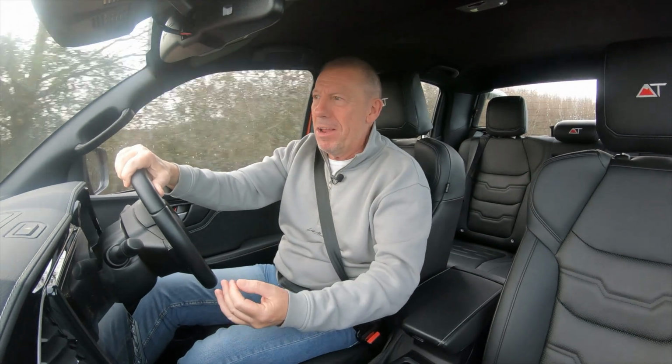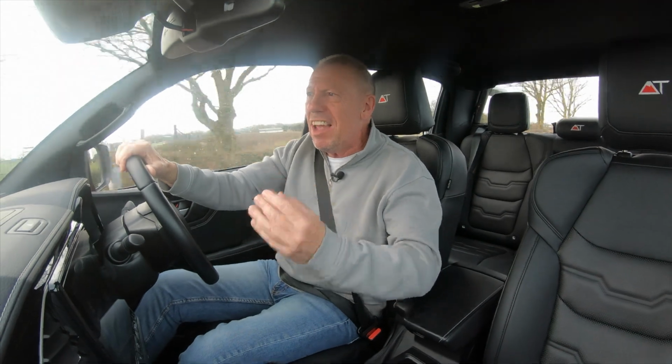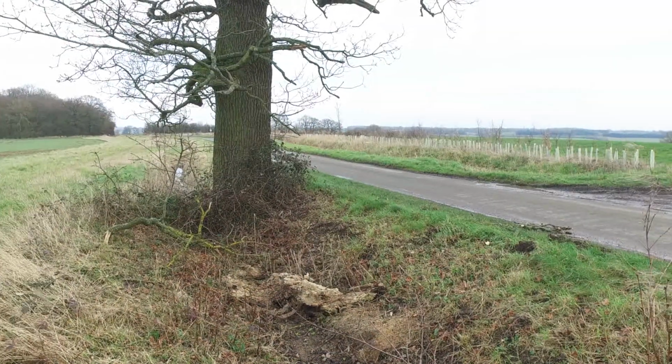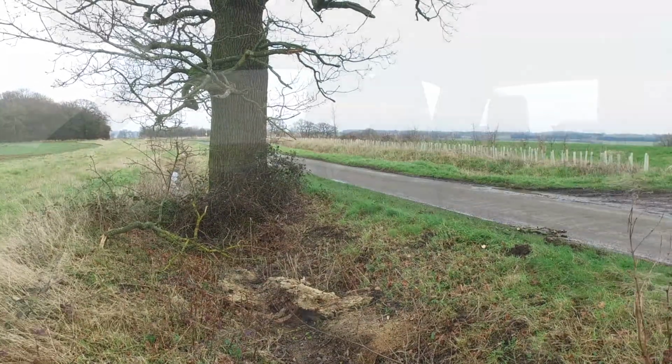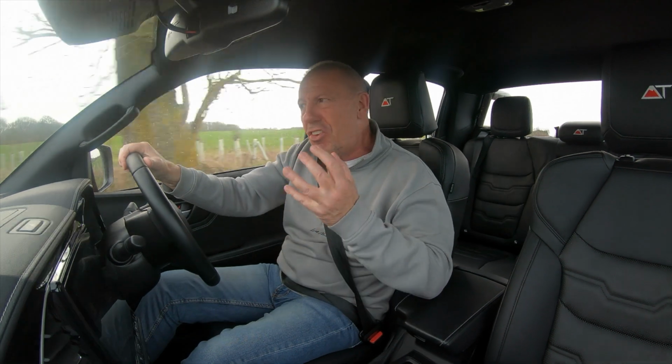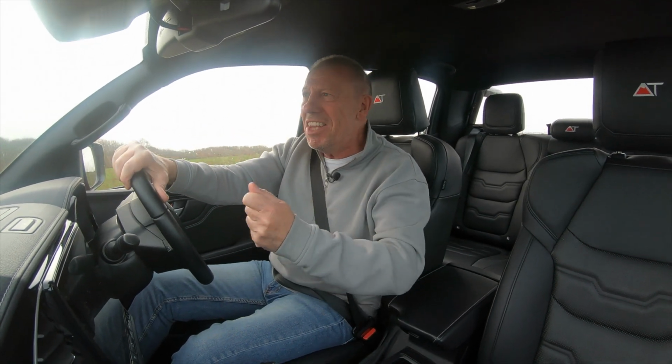This is a DMax on steroids. It's bigger, it's chunkier, and it must be better, but that's what we're going to find out today. This is the Arctic Trucks version, the AT35 as Isuzu call it. It's simply fantastic. It's got everything on it, but then it should do because it's over 50,000 UK pounds. Let's get around it, see what we think of it, and give you our opinion of the Isuzu DMax AT35